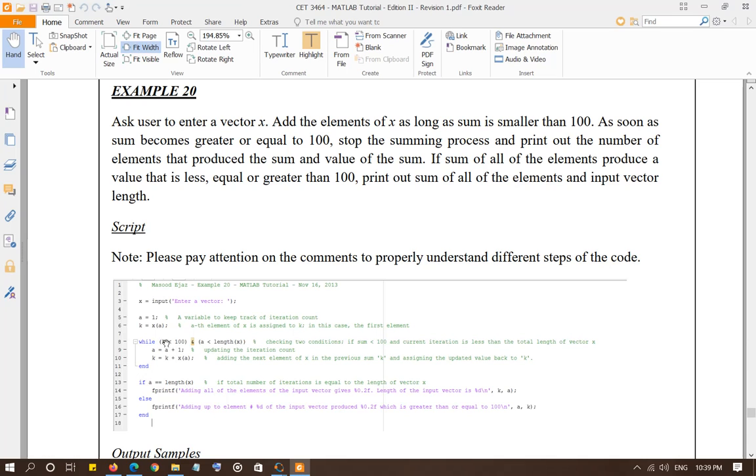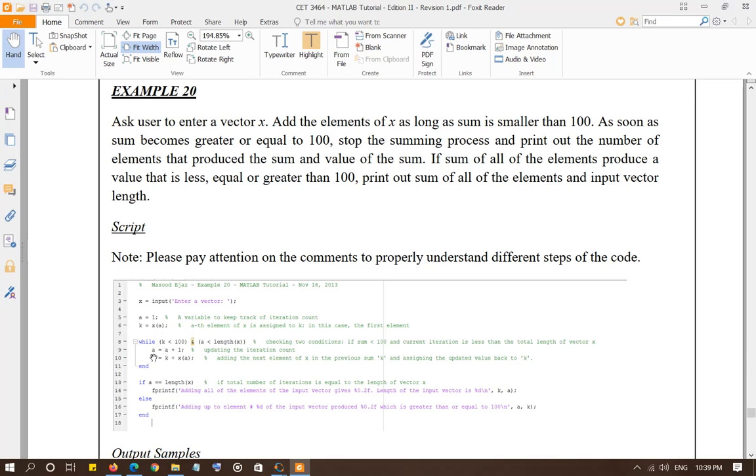And then the while loop is going to examine the condition again: if the value of k, that is x of 1 plus x of 2, is less than 100, and again if a has not reached the end of the vector x, then it is going to increase a again, change the value of k and add the third value of vector x. x of 1 plus x of 2 is already assigned to k, and then it's going to add x of 3 as well, because the current value of a is 2, so 2 plus 1 is 3.